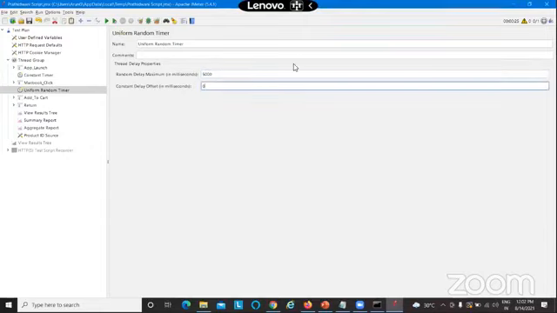If I put 3000 here, the random delay is going to happen between 3000 and 5000. So one time JMeter may put 4 seconds as a think time, the second time 4.5 seconds. That gives us a random nature. That gives us the real user behavior. Not every person is going to wait 5 seconds. Some people might be very quick, some people might be very slow. That is where this uniform random timer comes into the picture.